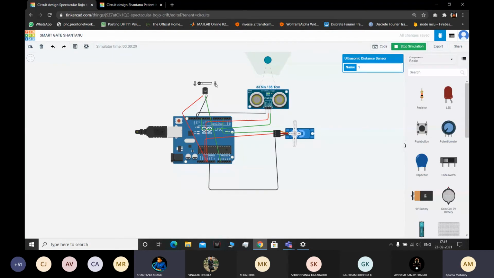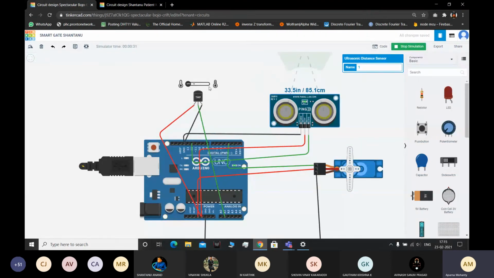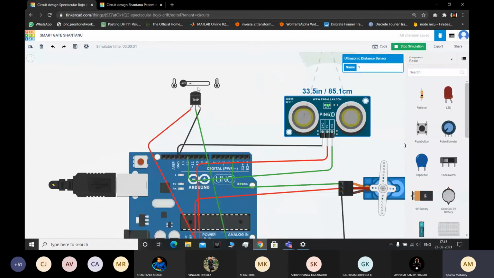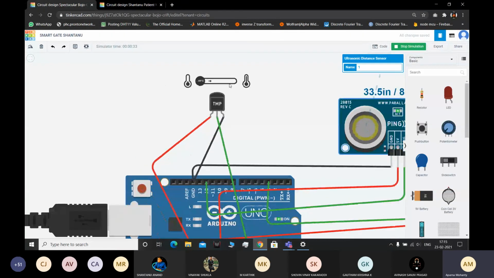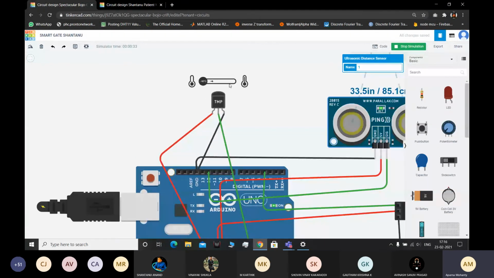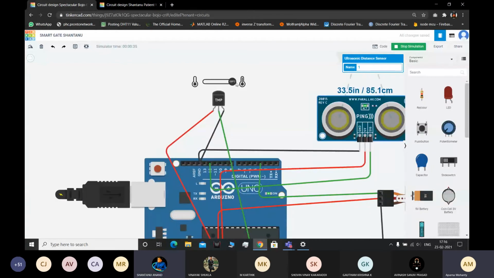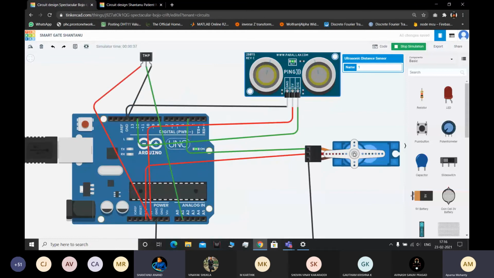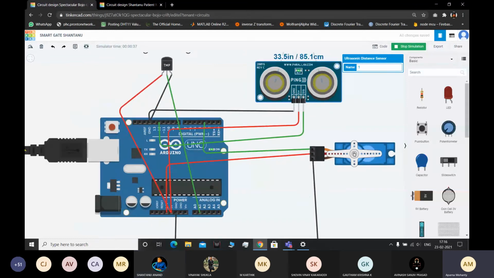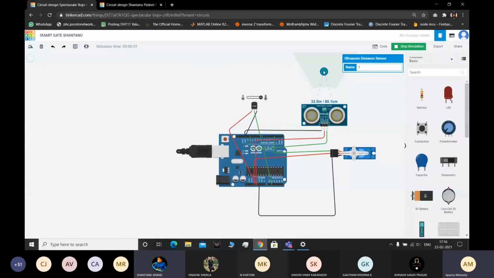Can you zoom in a bit? Now it is clear, this is minus 40. Okay, now if we increase it, it's now 125 degrees Celsius. Now the gate closes. Okay, now with 125, make the distance near. You are anyway at 85, so the gate is closed. Yes, ma'am. Okay, fine.